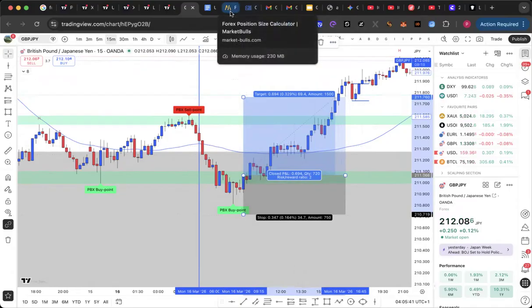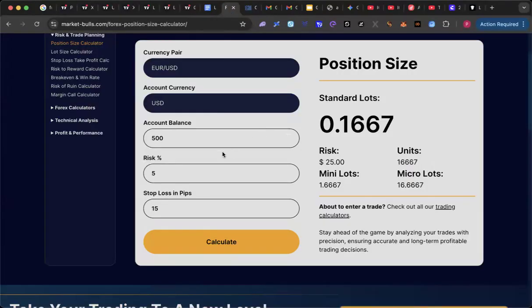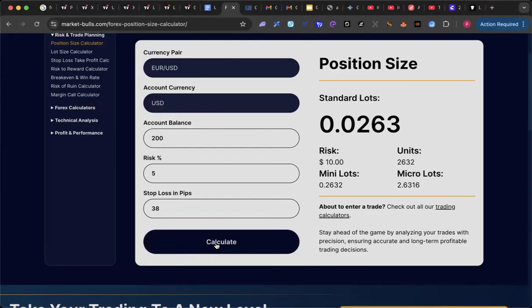So what am I going to do? I go to my place to do my position sizing. You are trading with just $200. How much do you want to risk in a trade? 5%. 5% is going to be how much? $10. Okay, so then what's your stop loss? It's 34, 35. So let's call it 37 or 38. So you click calculate. So it's telling you that you can enter this trade, but the lot size you can